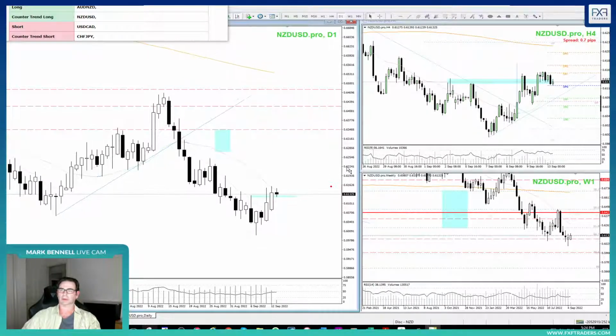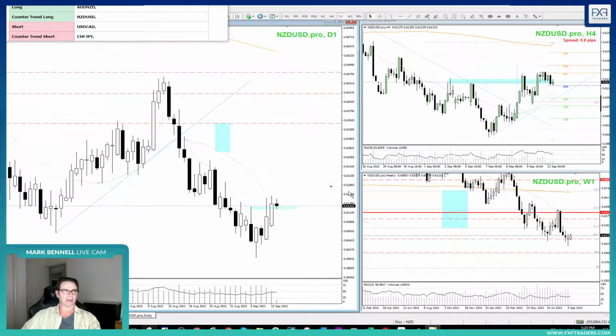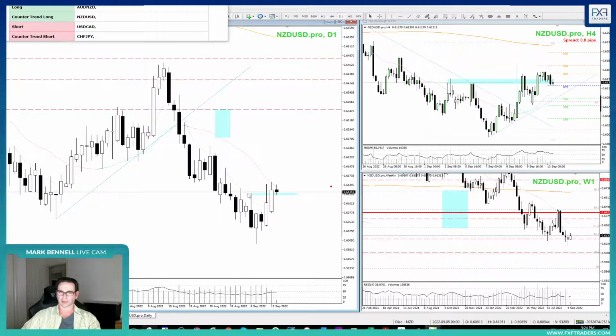Okay. All right, so New Zealand, a little bit more distance from the weekly. The daily's not bad, so it's trying to break trend, sitting right on the 20. So we're hoping it uses this as resistance. It gets squeezed. Here's the short-term moving average. Here's a 20. So hoping this might be another day and then through.